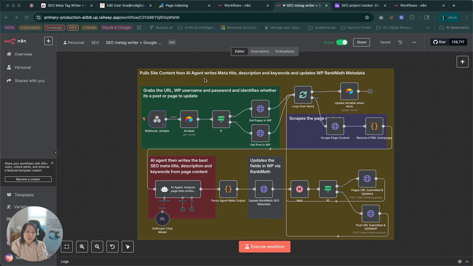So this workflow does 4 key things. First, it pulls your published pages and posts from WordPress. Then it scrapes the real page content, not just the title, and uses an AI trained in SEO best practices to write your meta title, description, and focus keywords. It actually updates that metadata directly into WordPress using the RankMath API plugin. And finally, it instantly submits the updated page or post to Google via the indexing API, so your changes are